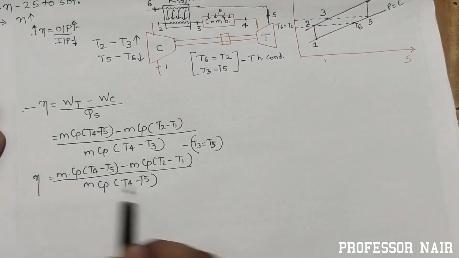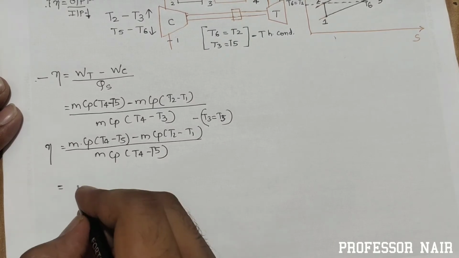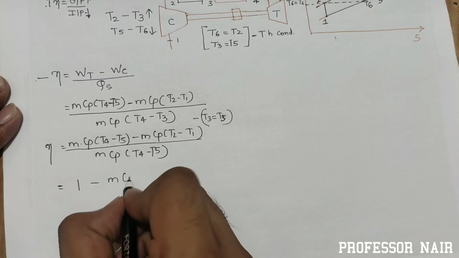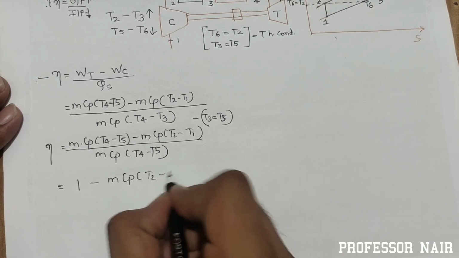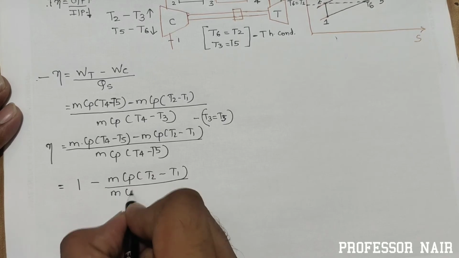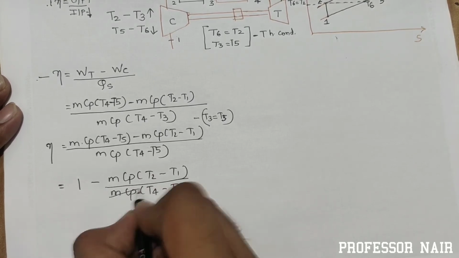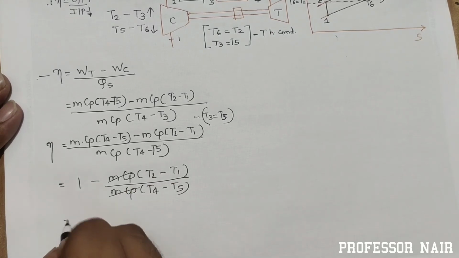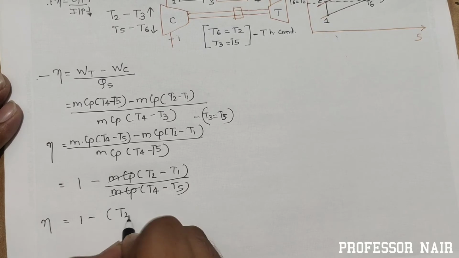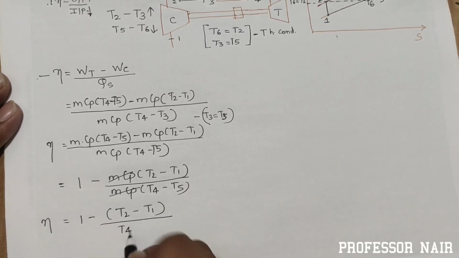Now m Cp (T4 minus T5) you can take as common, so the final formula would become 1 minus m Cp (T2 minus T1) upon m Cp (T4 minus T5). m Cp gets cancelled, so the efficiency formula would become 1 minus (T2 minus T1) upon T4